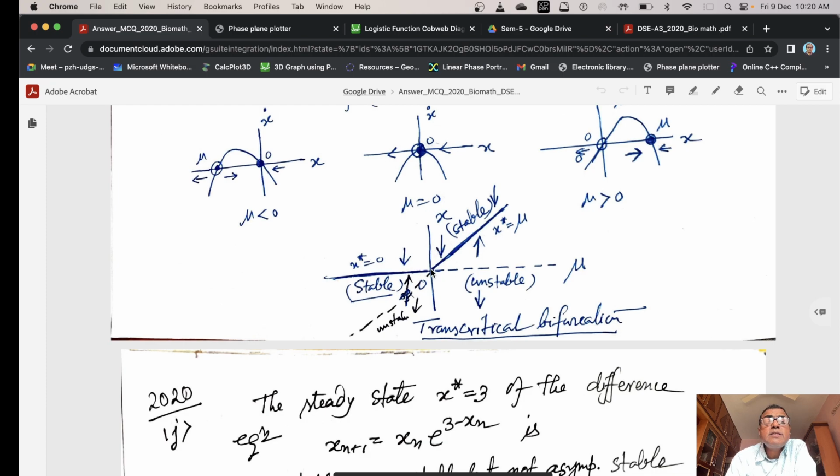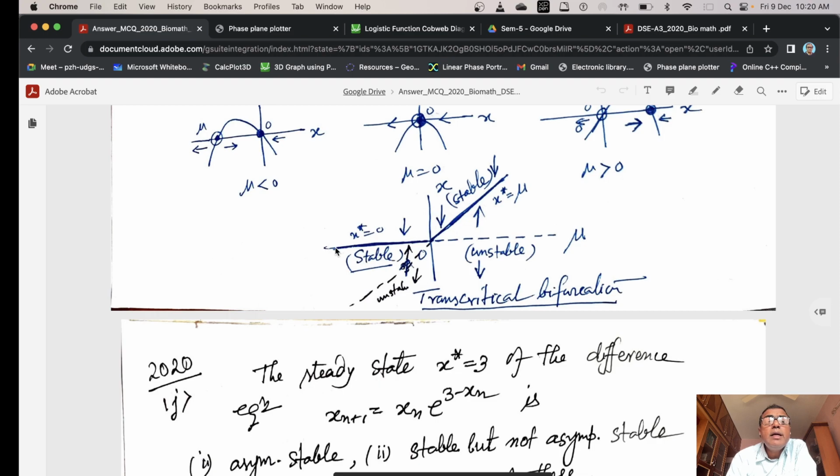when we plot this, the solid line x equal to 0 gives the stable equilibrium point when mu is negative. After the bifurcation point (0, 0), this line is dotted, so x star equal to 0 is an unstable equilibrium. And the other equilibrium, x star equal to mu, the non-trivial equilibrium, when mu is negative is clearly the unstable equilibrium, the dotted line, and after the bifurcation point 0,